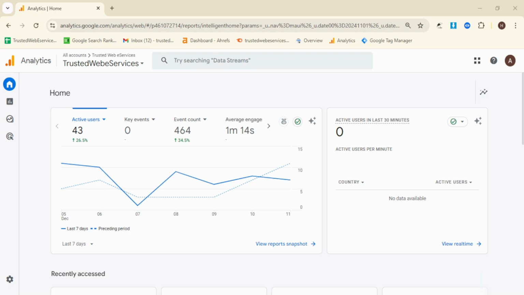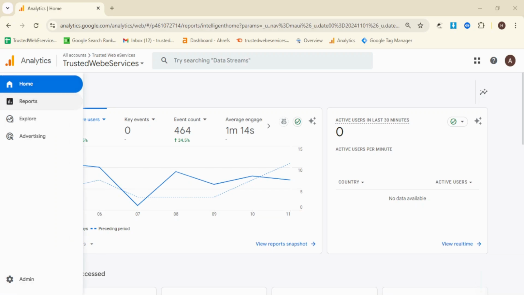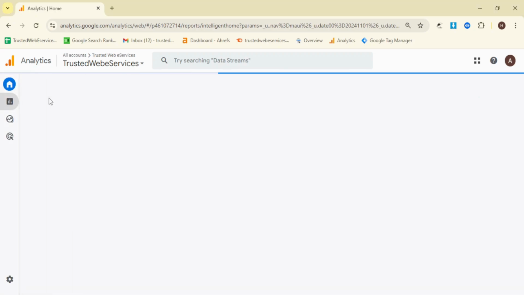Today I'll show you two methods to find page views in Google Analytics 4. Let's get started. For method 1, log in to your Google Analytics account, go to the left-hand navigation bar and click